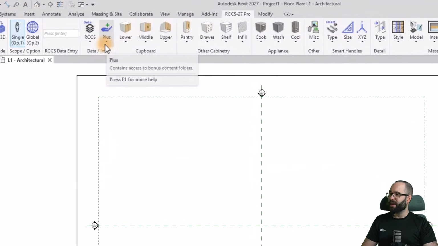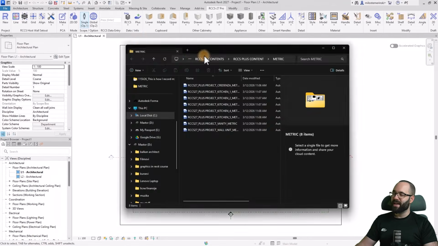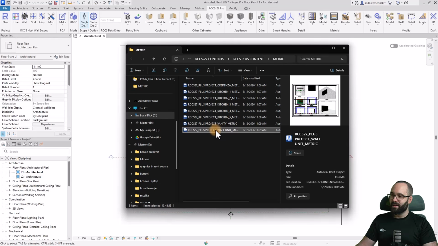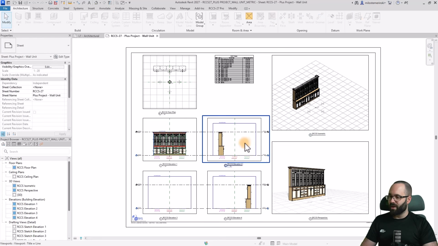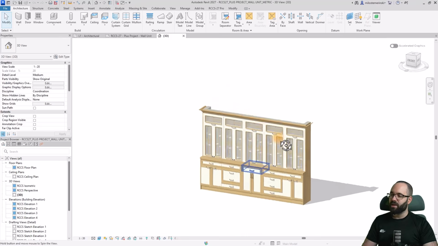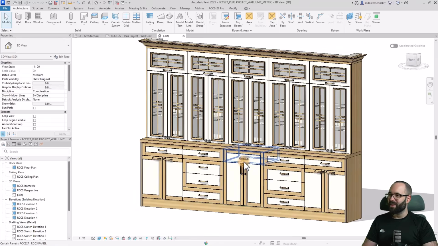So here, if I click on the plus icon, on the data info panel, here we have the plus projects, and that's going to open up some projects that are available with this software. So for example, let's open up this unit over here, and it's just going to open up that project. This is what it looks like. It has a sheet prepared. Now I'm just going to open up the 3D view,